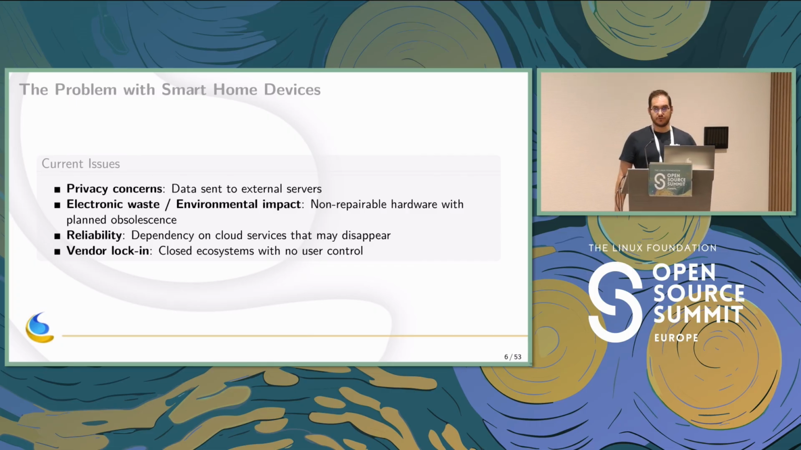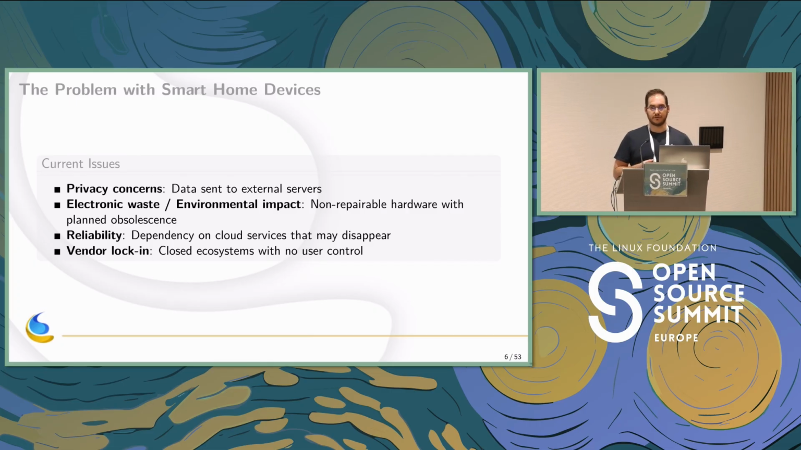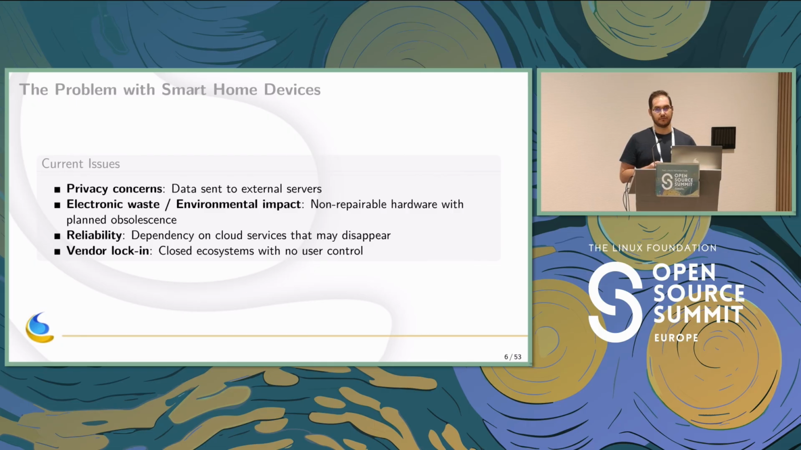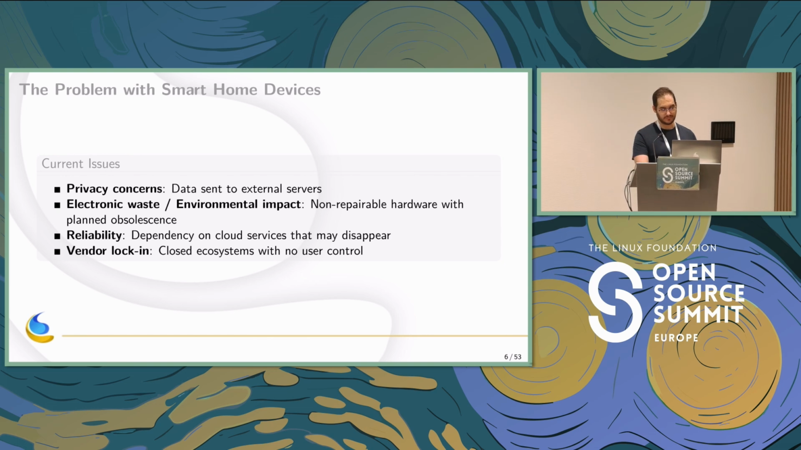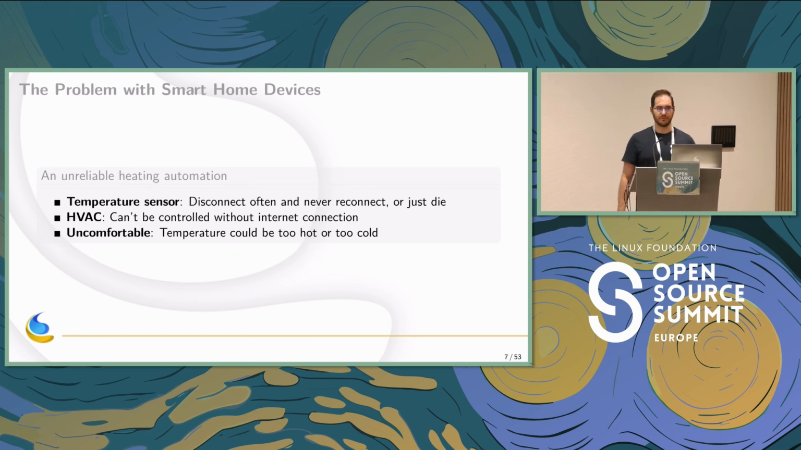Because of the dependencies on external servers, sometimes if you have a poor internet connection, your home automation could just stop working or work badly in a fallback mode. So all of that is not a good user experience, and I had some issues with my home